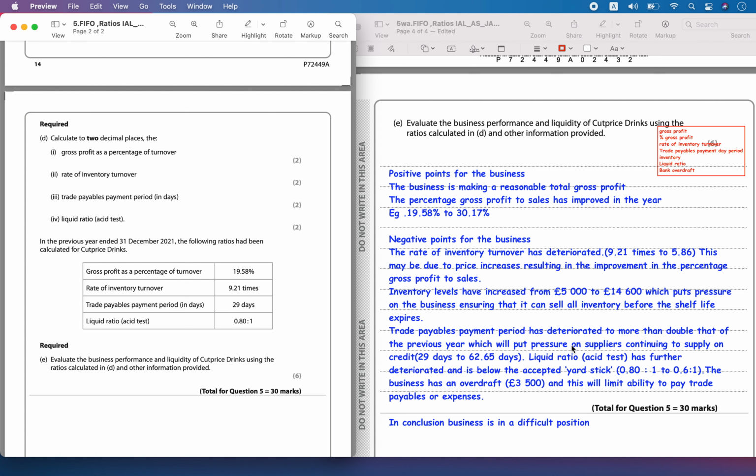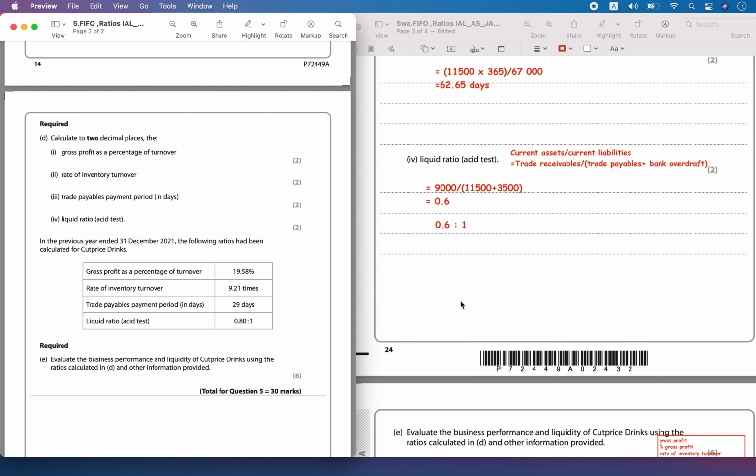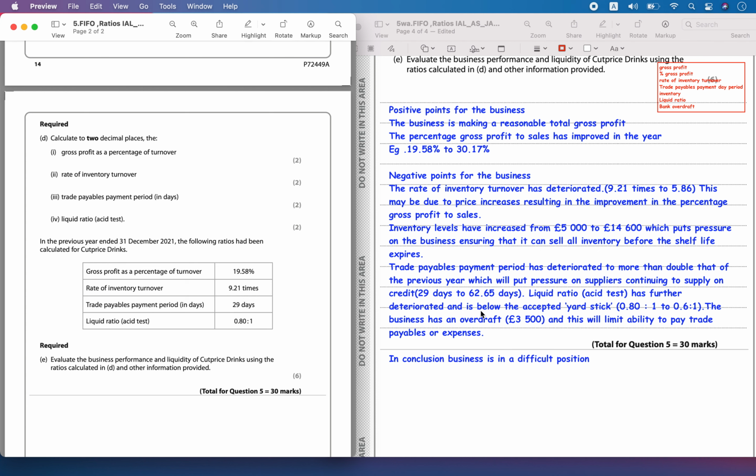Then liquid ratio, the acid test ratio, has further deteriorated from 0.8 to now 0.6, which is below the yardstick of 1. Okay, and also the business has an overdraft. So in conclusion, business is in a difficult